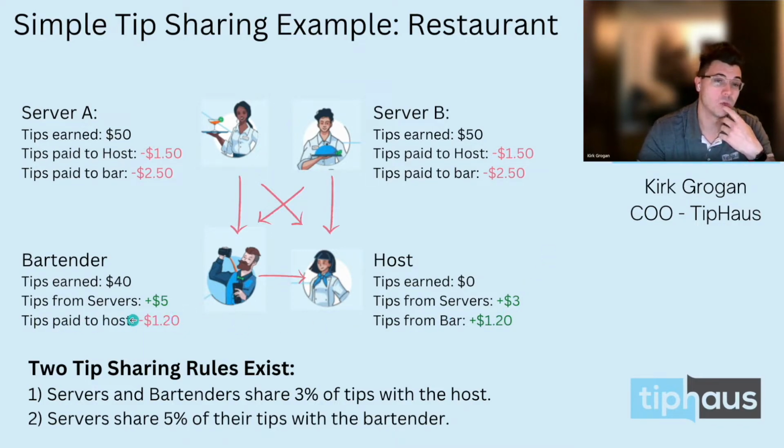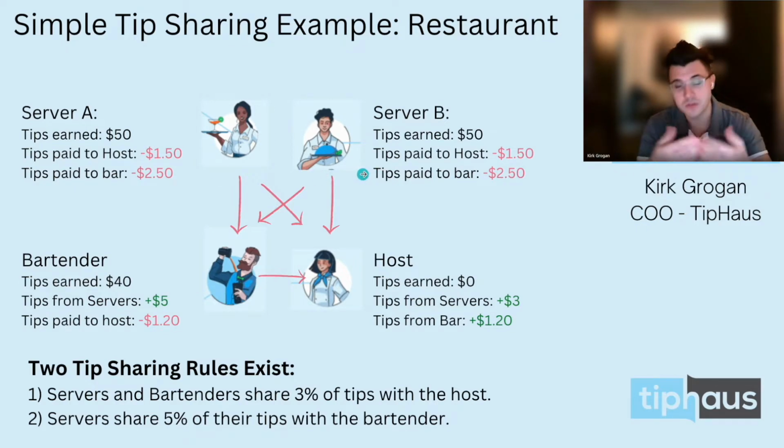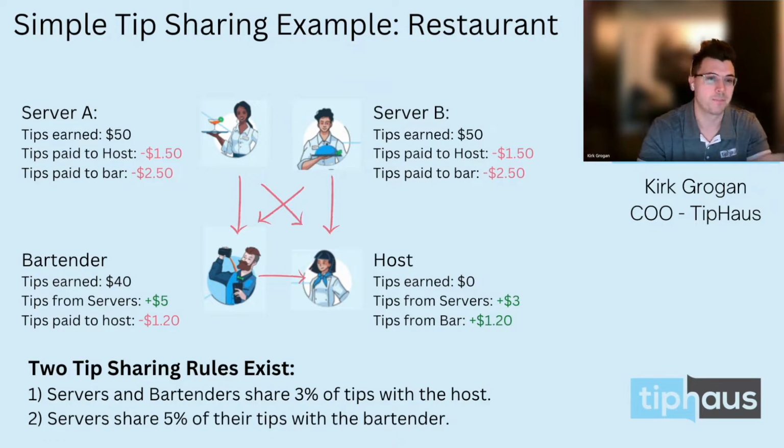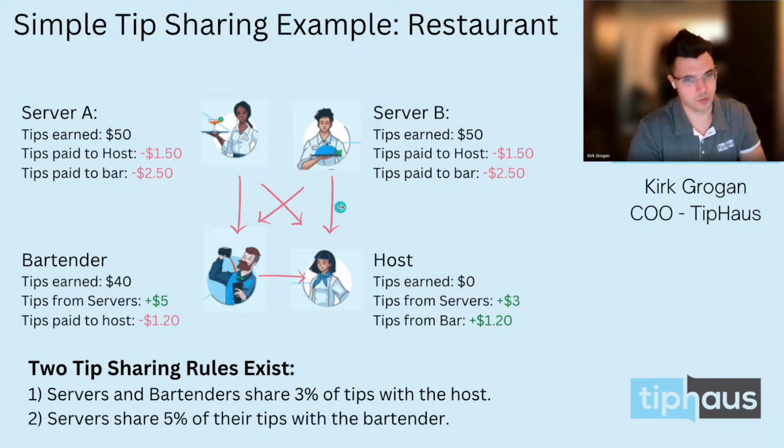Next comes the rule that bartenders receive 5% of tips from the floor. So this covers all the time that the bartender spent making these beverages for the guests of the servers, right? Where the guests do not sit at the bar, they're at the table, but they still order a beer or a wine or a cocktail. The bartender has to take time to make that drink for that server to serve them. In this scenario, both servers are giving 5% of their total tips, or $2.50,